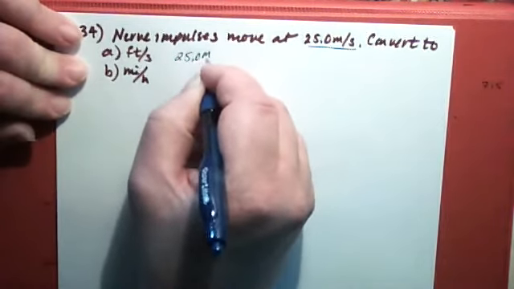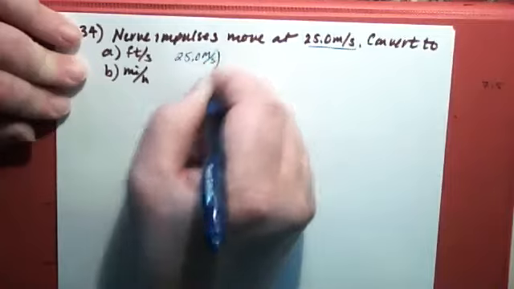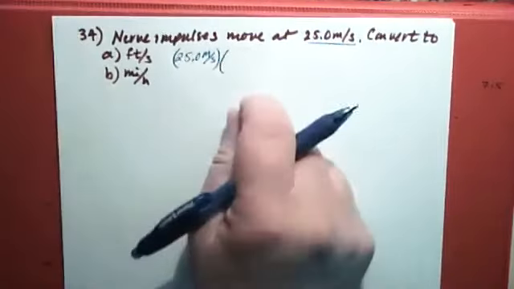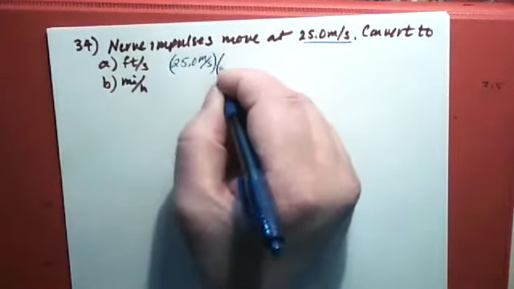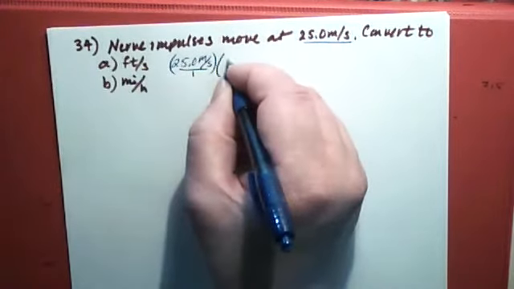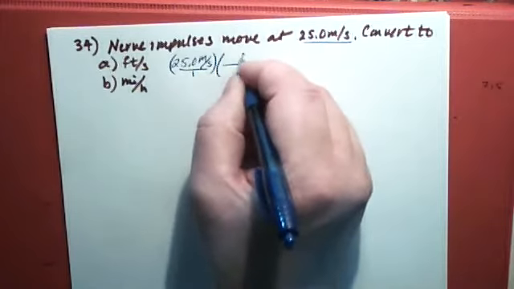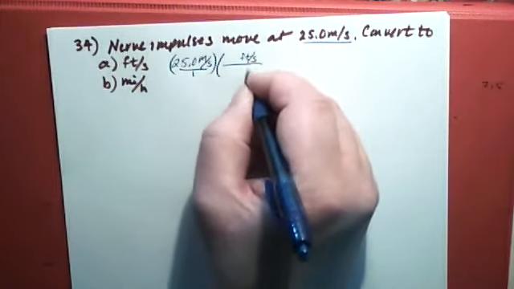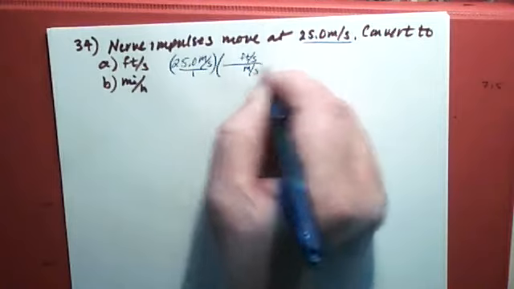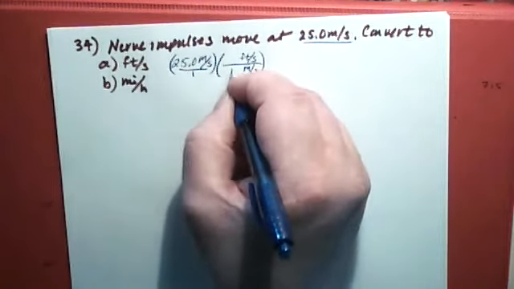25.0 meters per second. And let's see if our conversion sheet has anything about feet per second on it. It probably does because engineers used to like that stuff. There we are. 1 meter per second is 3.281 feet per second. Feet per second on top and meters per second on the bottom. 1 meter per second is